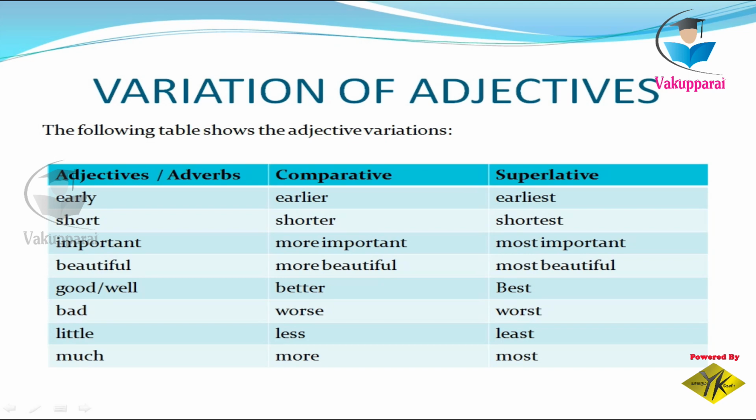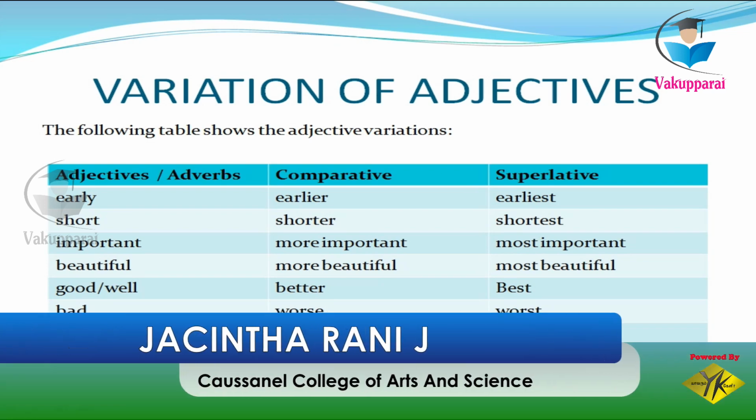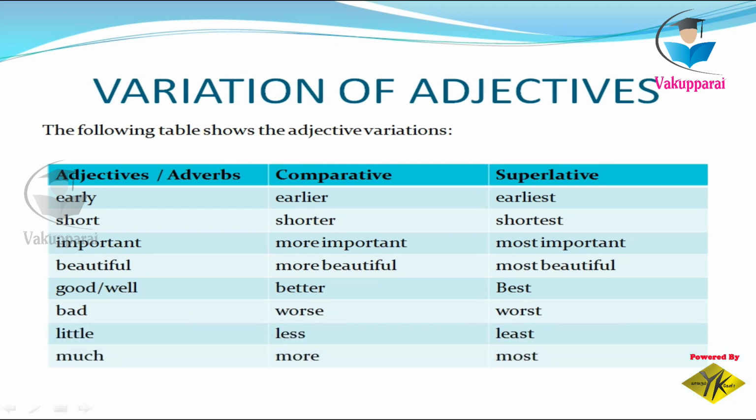Variation of adjectives. The adjective or adverb variations are given here. We will have a short look at this slide. The first adverb is early. It will become earlier in the comparative and earliest in the superlative. Short, shorter, shortest. Both have a single syllable, so we can easily add er and est to form the comparative and superlative